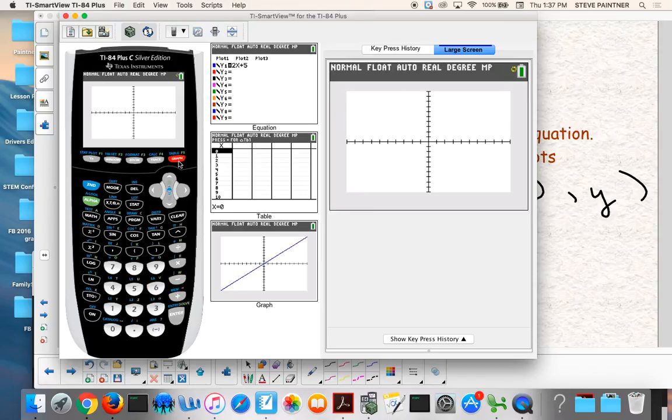Graph. Here comes mine. Okay, it's not a line this time. It's a what? Parabola, because it was x squared. It's quadratic. Okay. Anyway, so that's it. Now go get your intercepts. By the way, how many y-intercepts are there? 1. How many x-intercepts? 2. Okay, so let's go